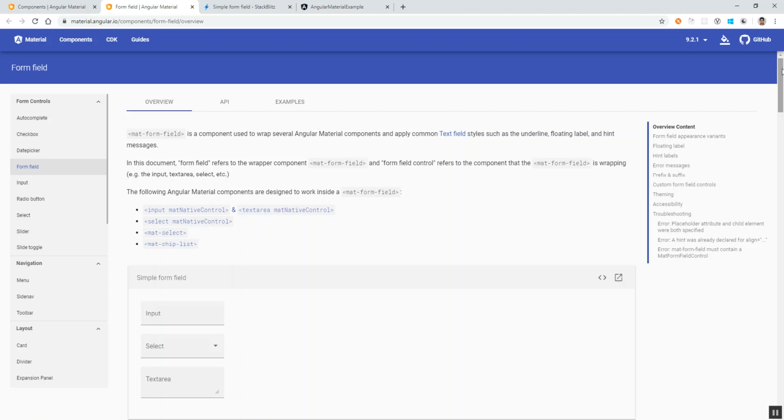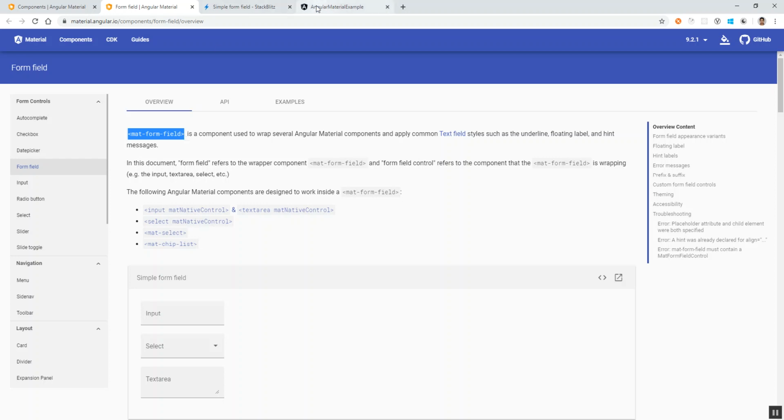We can put all these things inside this mat form field tag. By doing so, we can apply common styles to these components. We will look into this in much more detail with a demo.